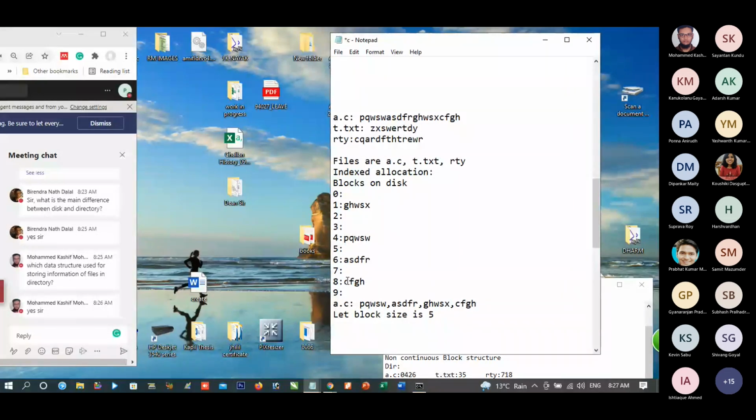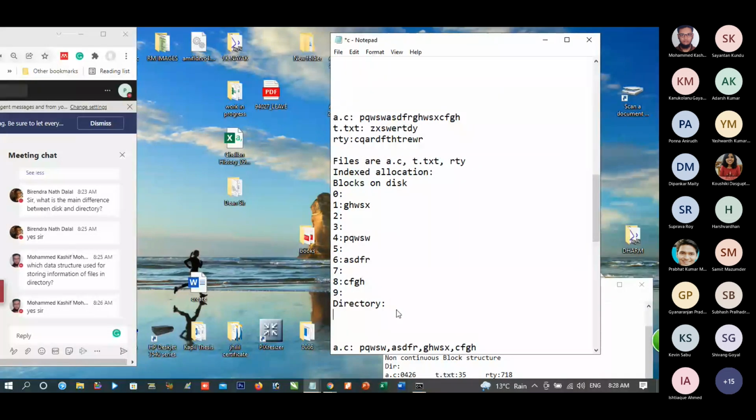Is it clear to you? And our directory stores their address. PQWSW is in block number 4.